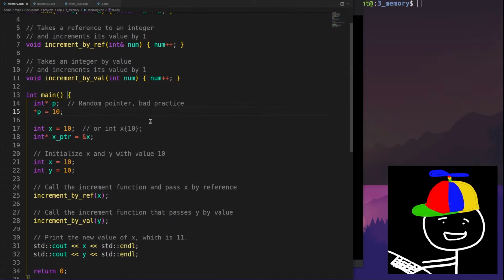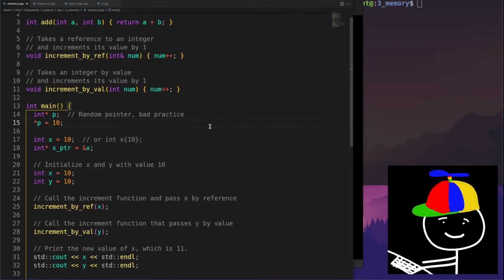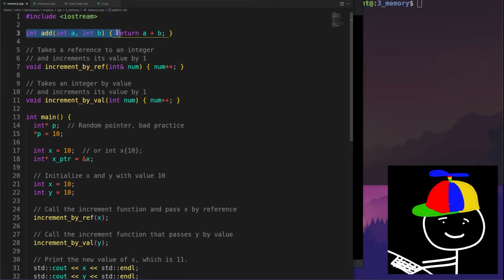The other point the commenter made was that in my last video, I mentioned that having a function like this add function and passing in the variables by copy or by value was inefficient, but that is actually probably not correct, and it might be preferred or more performant to pass these primitive type variables by value.